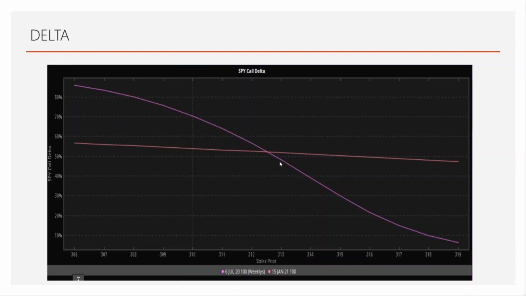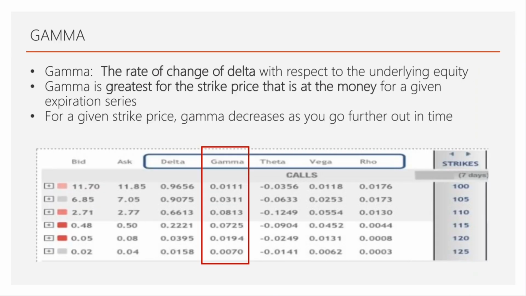Similarly, the same applies for delta as well. Near term expiry will have more delta impact, meaning when there is a change in stock price, the option's price fluctuates more in the near term expiry, and for the long term expiry, which is after 6 months and 1 year, the impact will be pretty less.